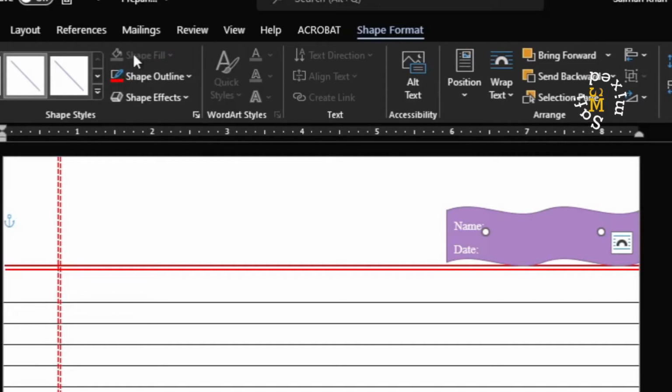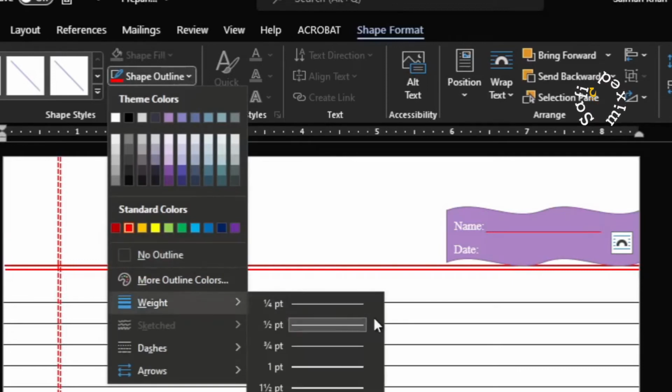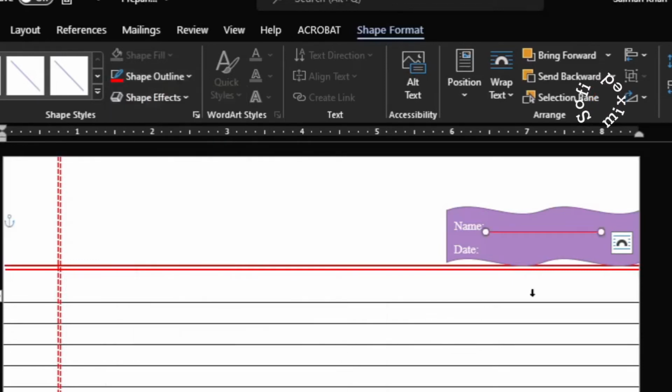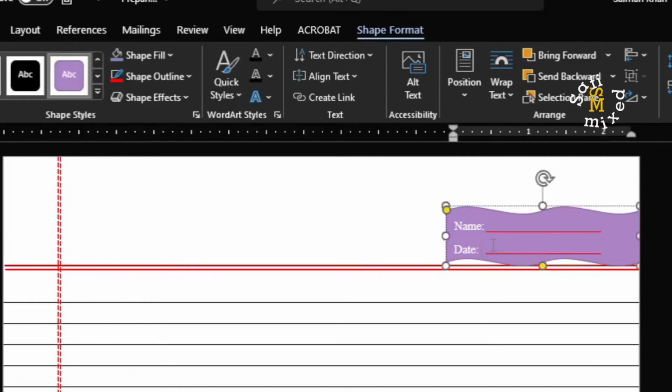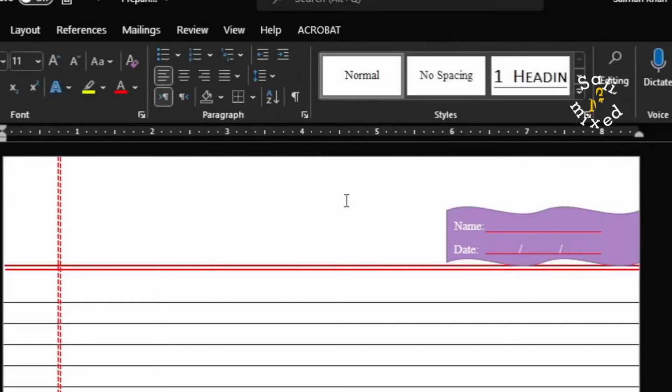And coming back to Shape Format, I change the color of the line, and I can increase the width of the line to 1 point so it is a little visible, and then press Ctrl D to create another line, and I drag that in front of the date. I can press over here and can add this to separate the dates, formats, and now I can